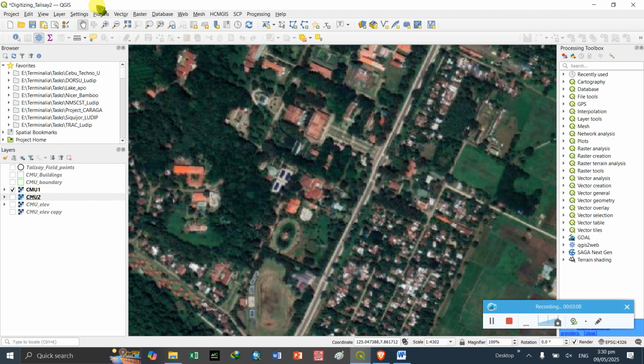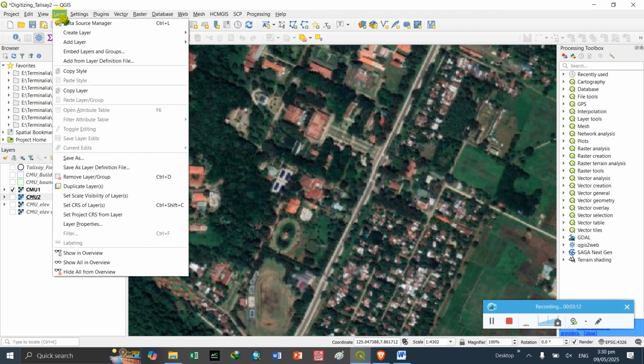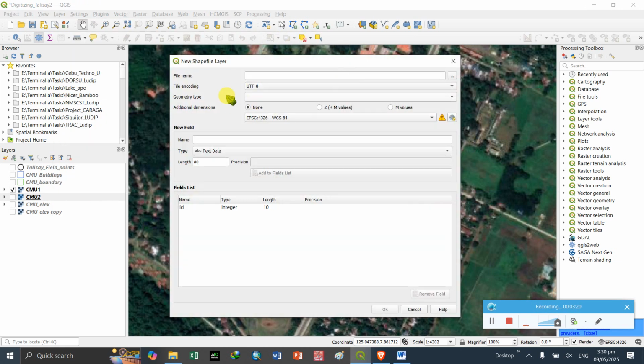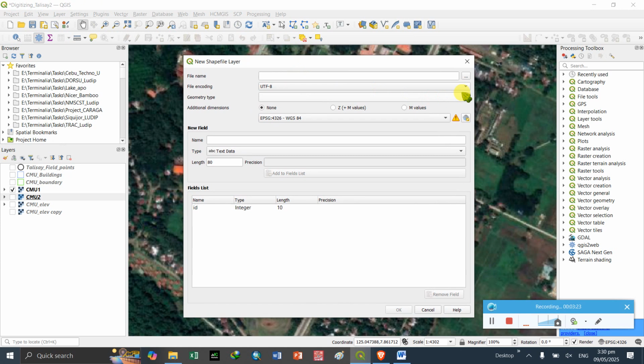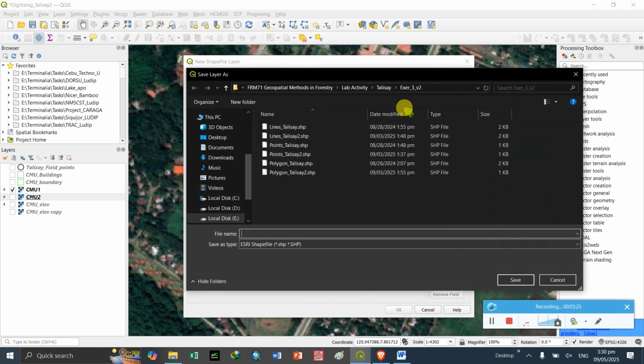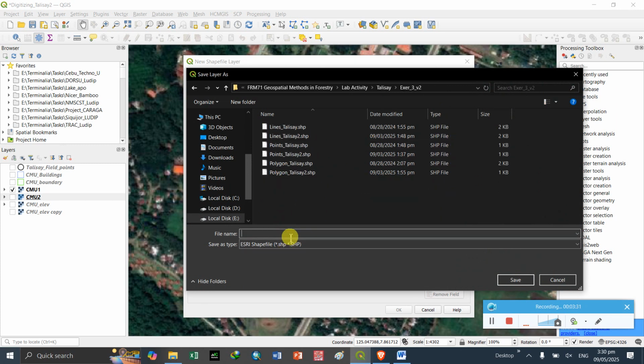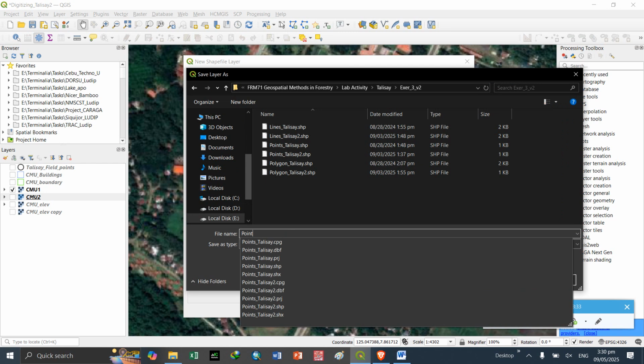To create a new vector data, kindly browse to Layer, Create Layer, then of course New Shapefile Layer, and then save the file into the folder that you created earlier, and we will name it points underscore your last name.